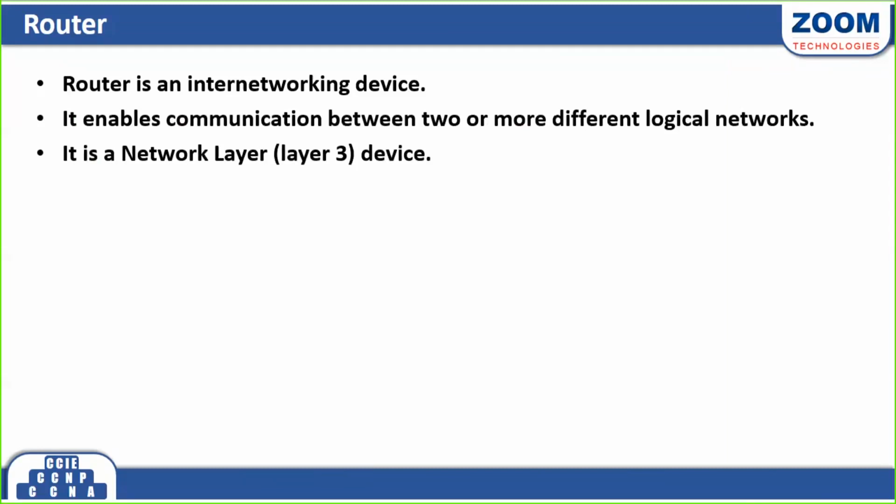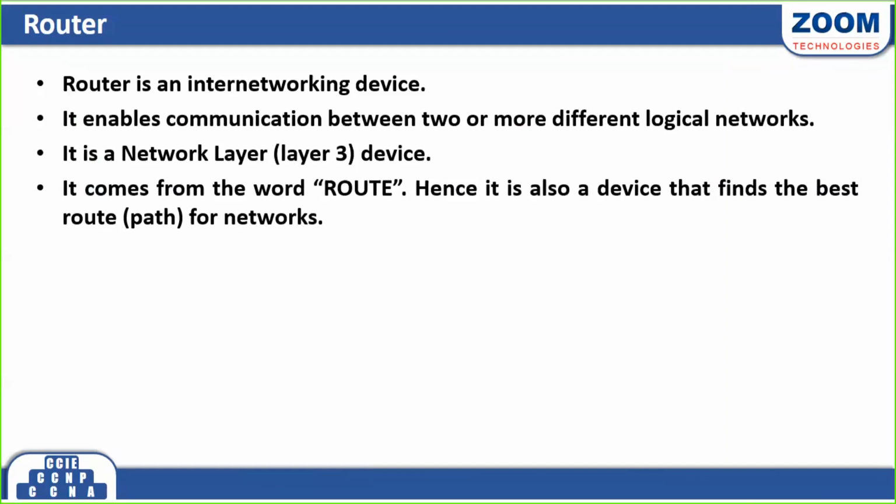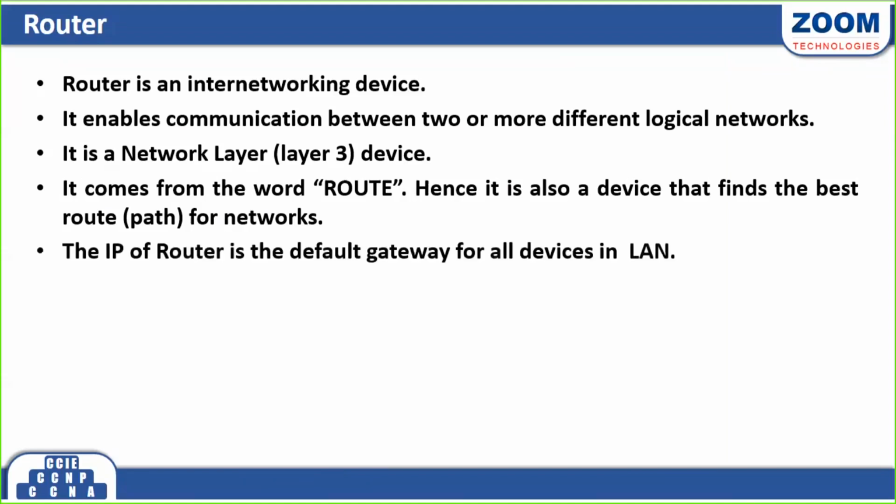So what will a router do? A router will define the routes to reach a destination. Like, this is the best route, this is the best route. It comes from the word route. Hence it's also defined as finding the best path, called route action. And the last point: IP of router is the default gateway for all devices in LAN. So what is the last point here? IP of router is the default gateway for all devices in LAN. Means